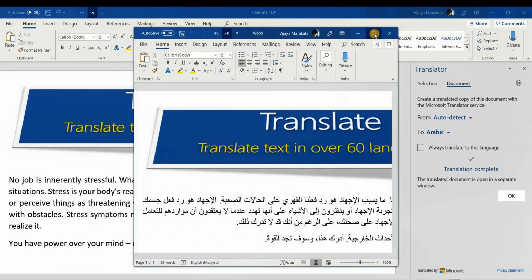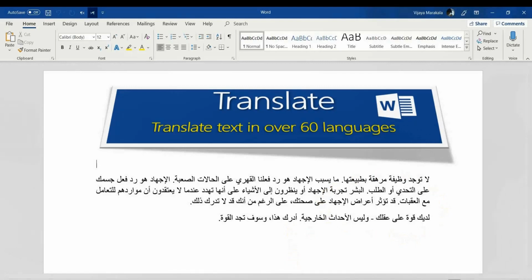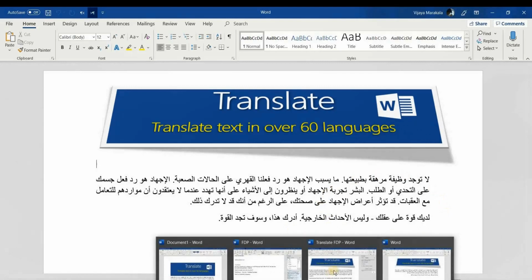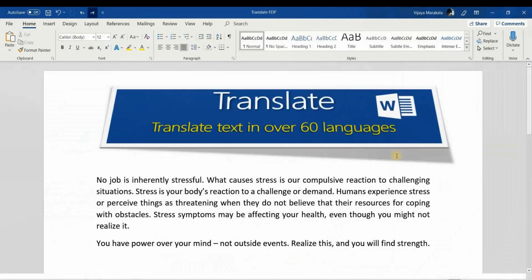So the entire document is translated to Arabic. This is a very useful, cool feature in Microsoft Word. You can make use of it freely if you have Microsoft Office. So this is about translating over 60 languages by using Microsoft Word.